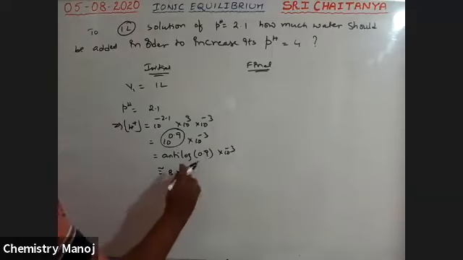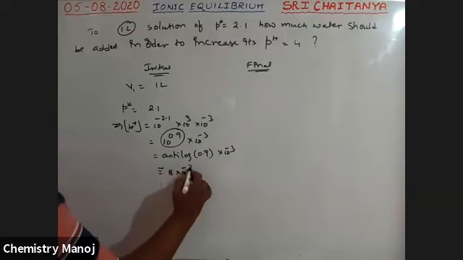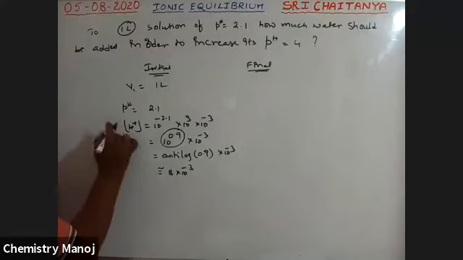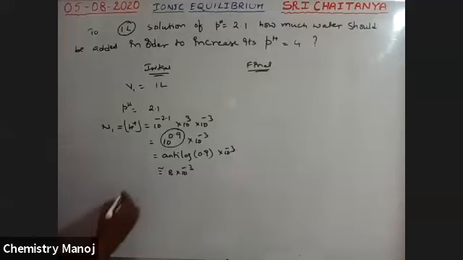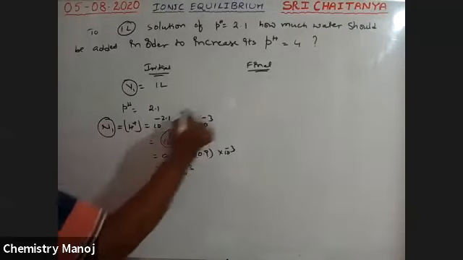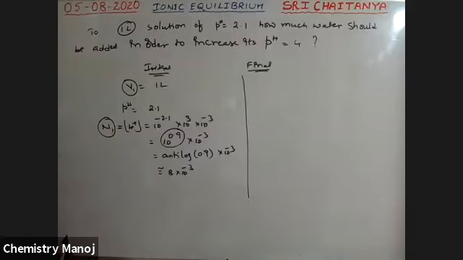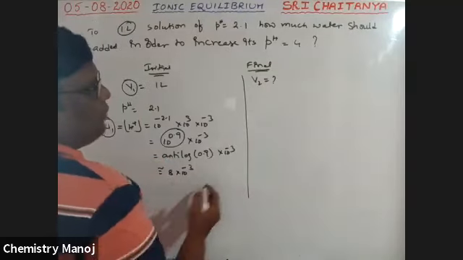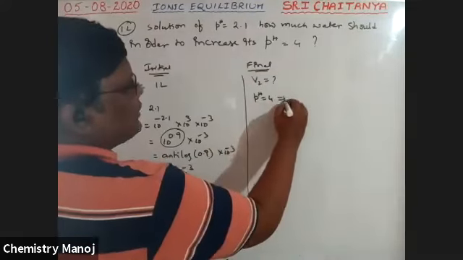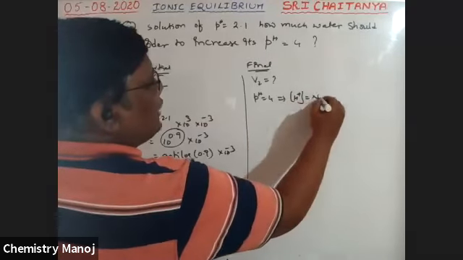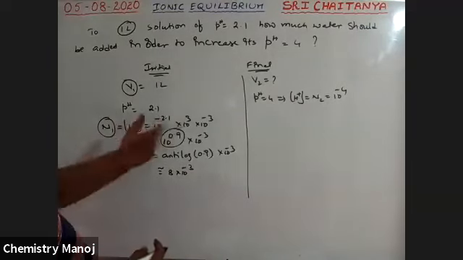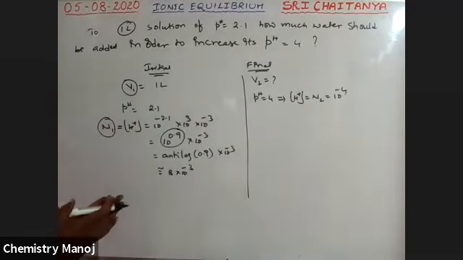This value will be given in your exams. So this is the H plus ion concentration, which is nothing but normality, N1. So this is V1, this is N1. Next, final case. Volume V2 is equal to how much? I don't know. pH is equal to 4 means H plus concentration N2 is 10 power minus 4. Now these two are mixed. How much is the V2 value?